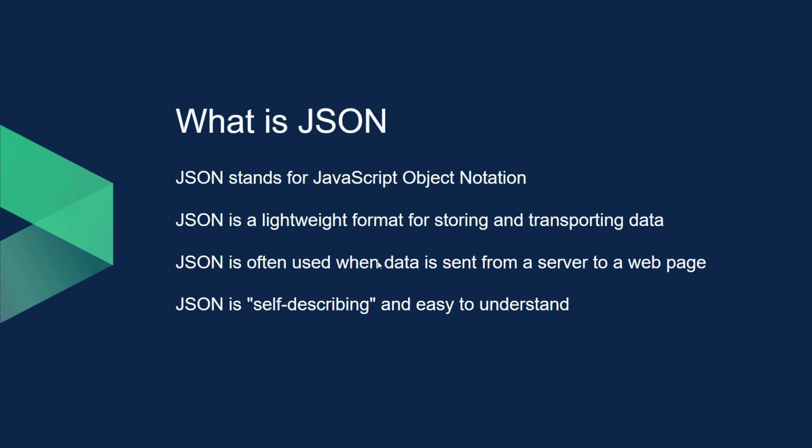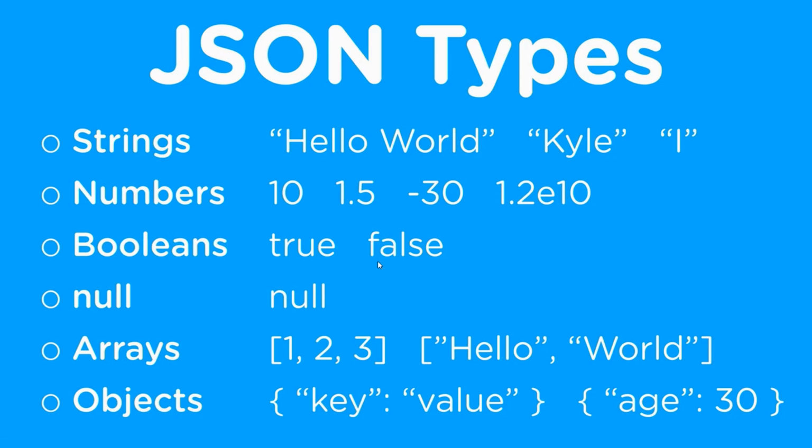Now that we understand what JSON is and why it's important, let's dive into some of the syntax involved in JSON by starting by talking about the types that JSON can represent. We know JSON is a data representation format, so we need to be able to represent certain data types within it, and JSON natively supports strings,